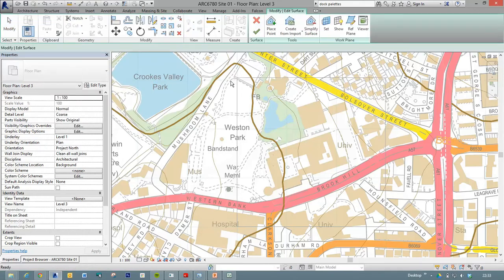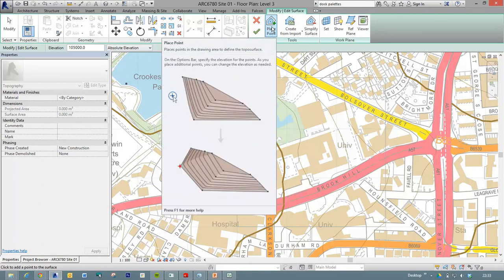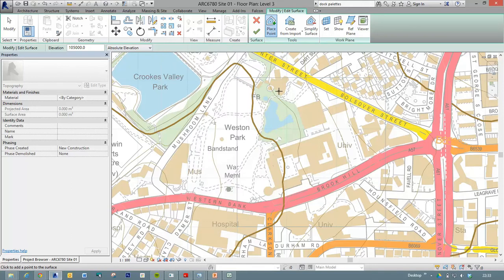So we click on Topo Surface, and what it's asking us to do is to place points. By default, the easiest way, in many ways, is just to start clicking points on your surface at the correct elevation, and it will start to make the surface from that. Now, when I say I'm going to do it wrong, all I've done is I've not changed the view at the moment, and as I start clicking points along here, Revit will start to make this topo surface for me,